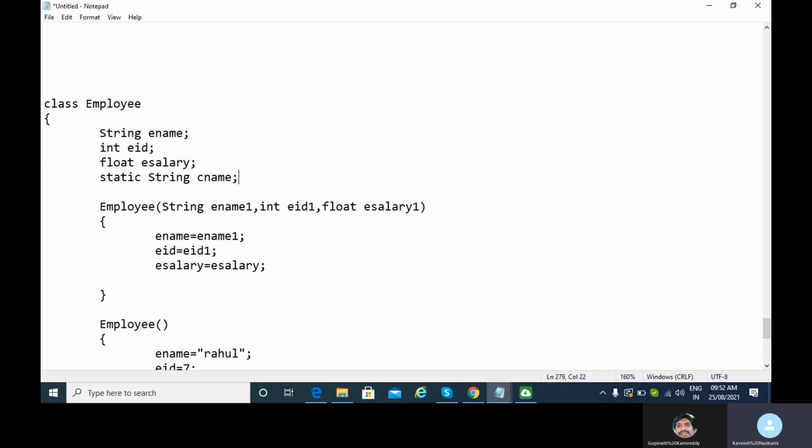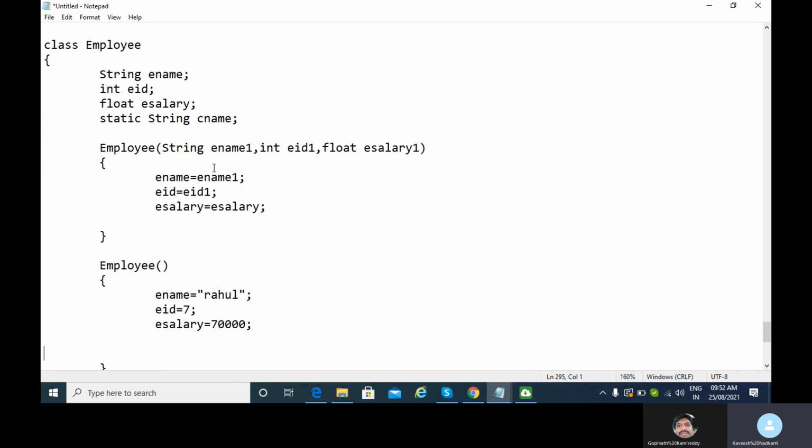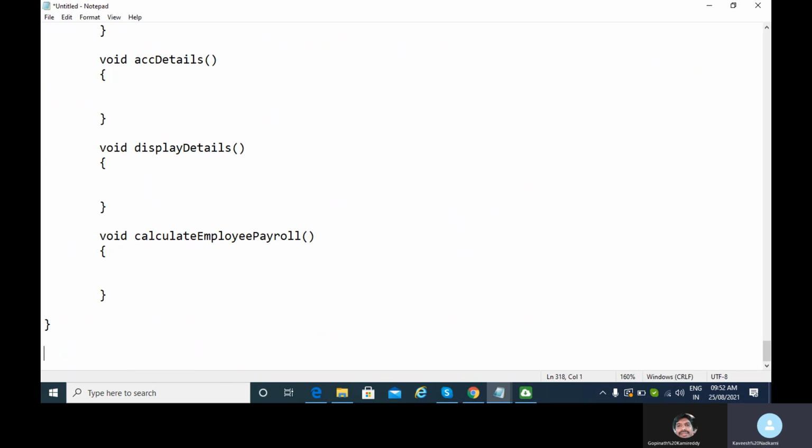This class memory is created automatically by the JVM for the class at runtime, even before any objects of the class are created, when the class is getting loaded in RAM memory. Clear? Yeah, clear. So just write here: the CNAME is declared as a static data member of the class.